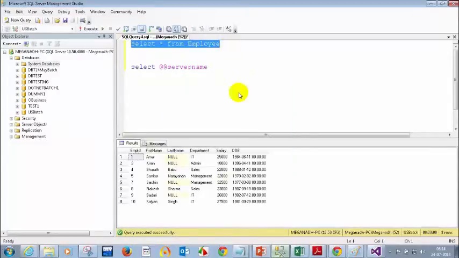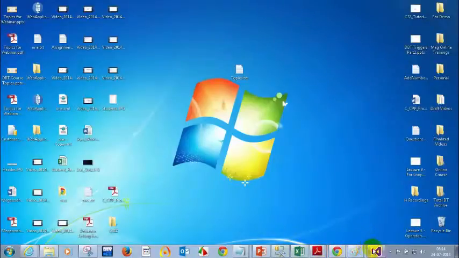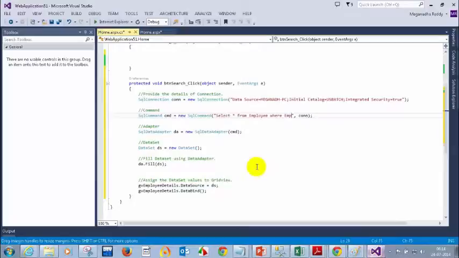So you need to go back and write here where EMP ID is equal to, then plus txtEmployeeID.text. Like this you have to write. So this is your command. Now you don't get complete details because you have the where condition, based on this employee ID. So now let's run this and see the difference.